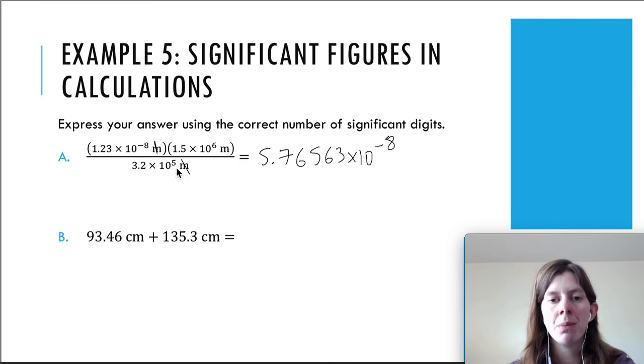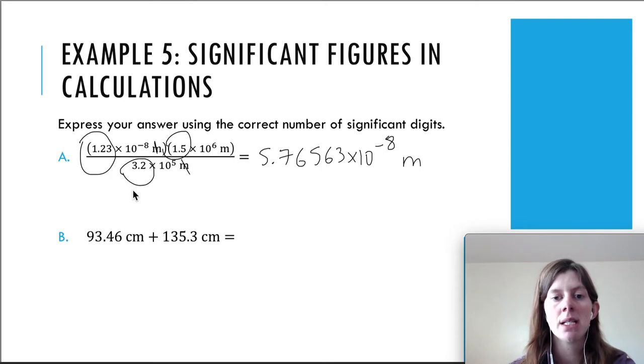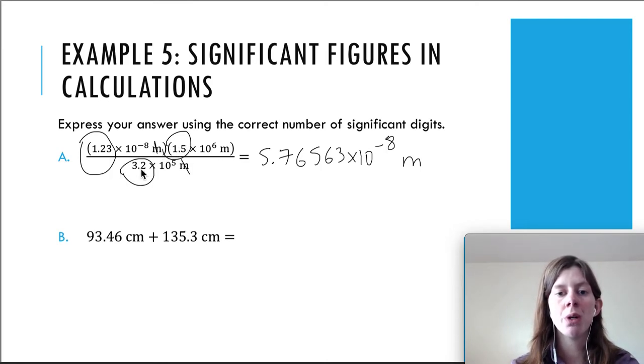And one of the meters cancels out, you still have meters left over. So if you need to answer this with the correct number of sig figs, this is multiplication and division. So you look at the numbers, the one that has the least number of sig figs. You have 2 numbers that have 2 sig figs, so you want 2 sig figs in your answer. So this 7 is going to round up due to the 6 here, and we'll have